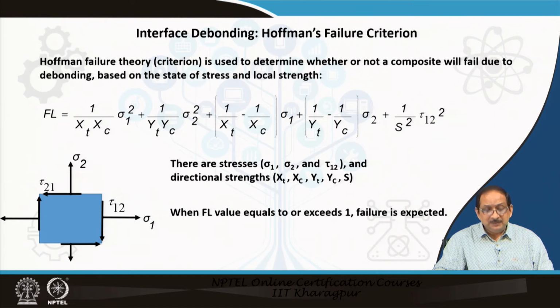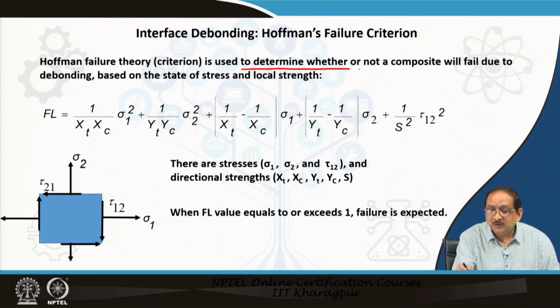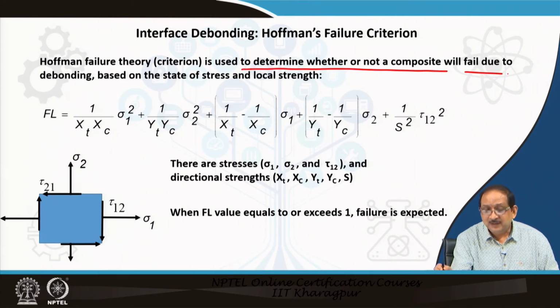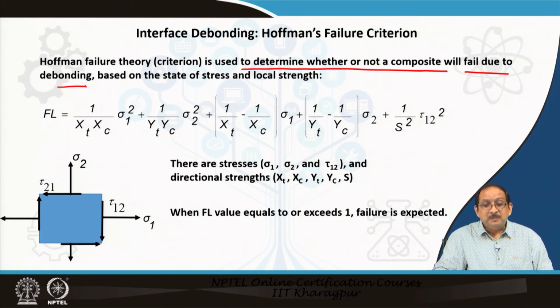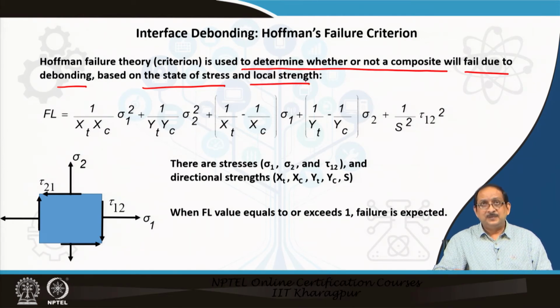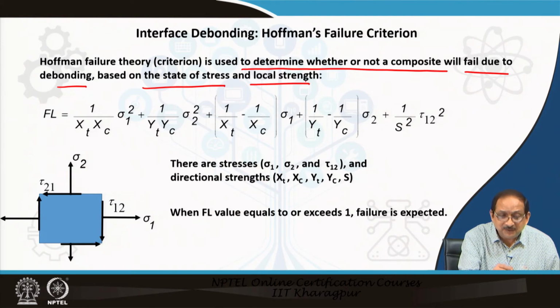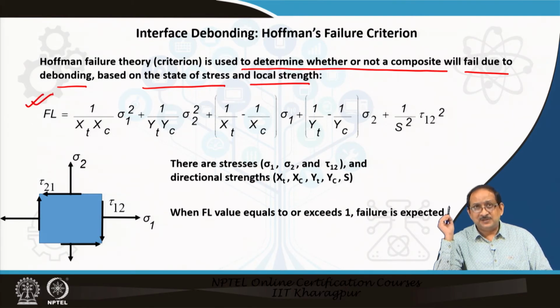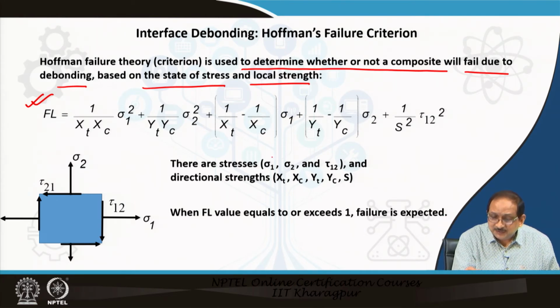Let us now discuss interface failure. Now, Hoffman's failure criterion is a well-known failure criterion used to determine whether or not a composite will fail due to debonding based on the state of stress and the local strength. The Hoffman's failure criterion is stated here in the slide,